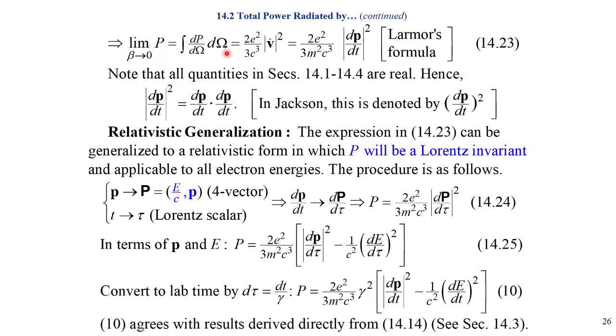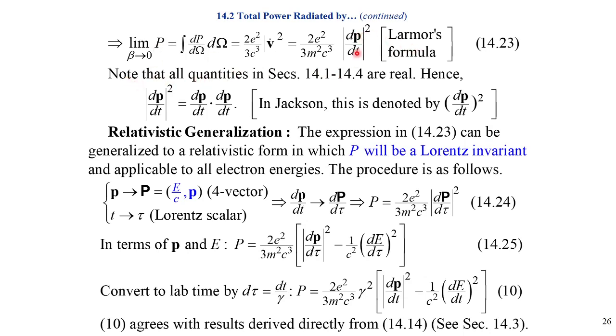Total power is just the integral over the total solid angle, sine squared, 2 pi sine squared. So eventually we got this one. And v dot in the non-relativistic model is dp over dt divided by m. That's v dot, the acceleration: dp over dt divided by m. That's the classical non-relativistic equations. Okay, so note that the quantity